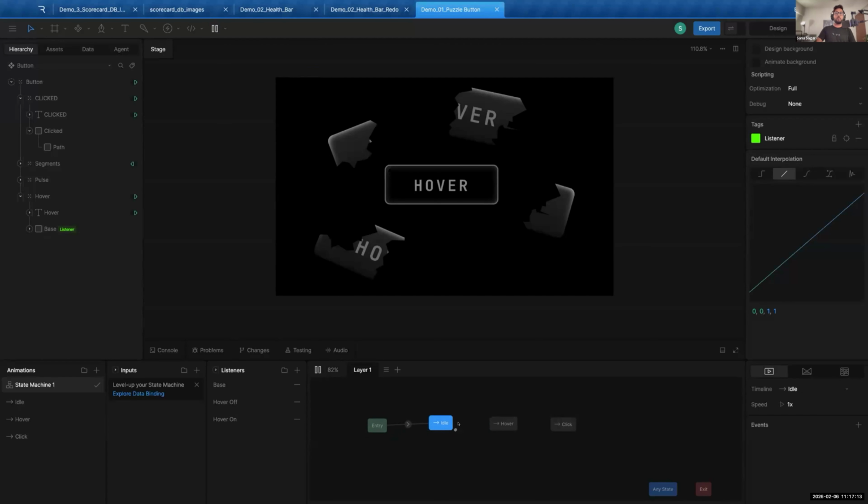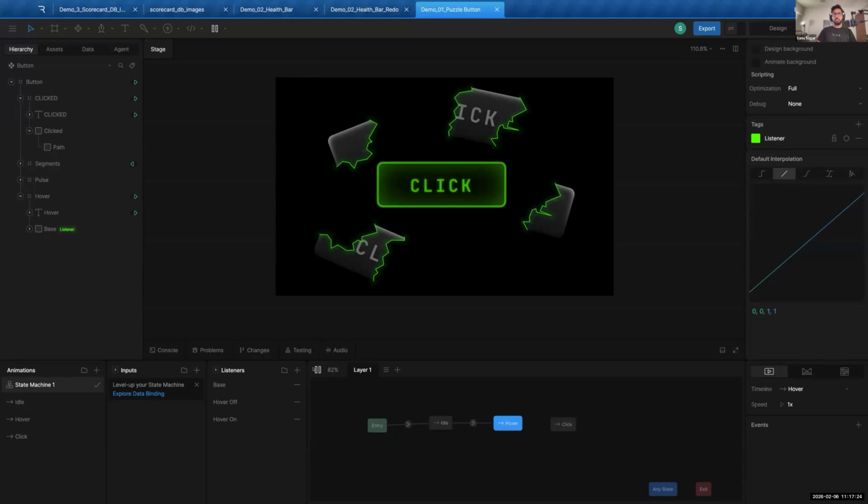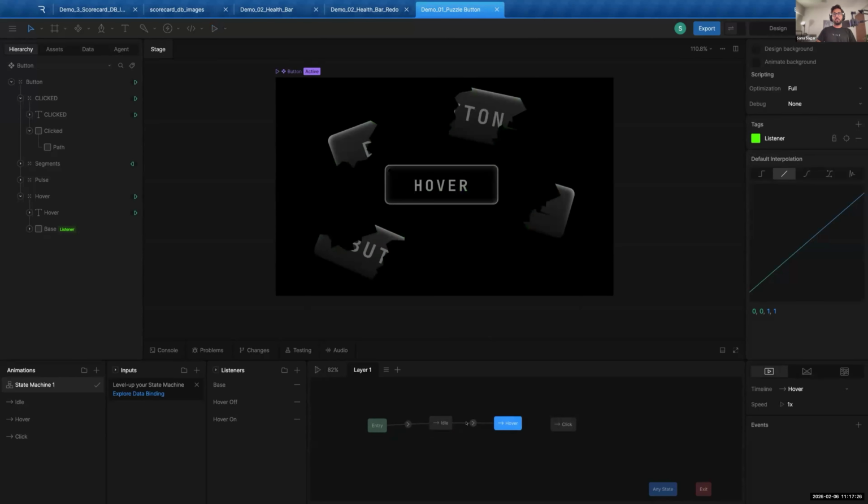And now we need to transition to hover. So we're gonna drag this, but it automatically jumped on it because we don't have any condition. So condition is, we'll come back to this later. So let's start with,